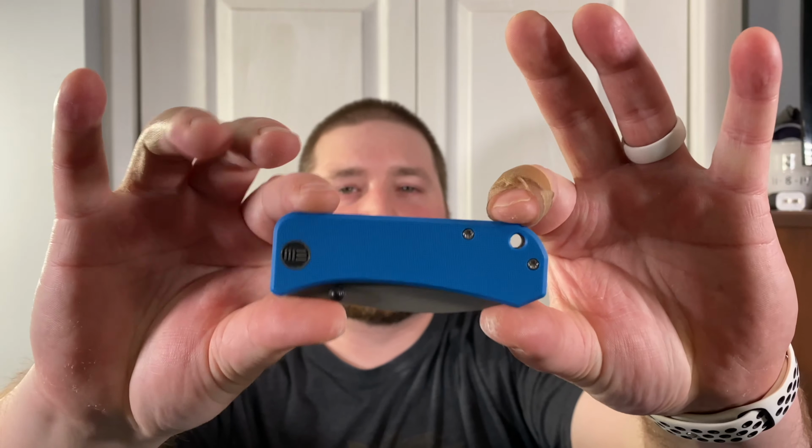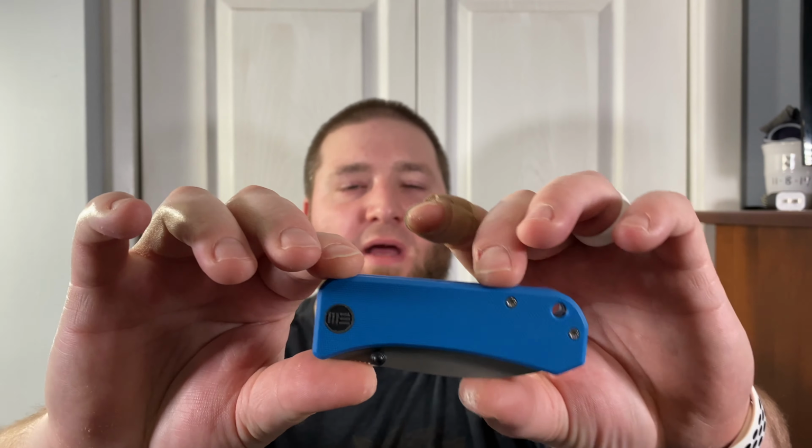And I wanted to start by kind of giving a background on my thoughts on this knife, right? When this first came out and I first saw the design, I initially kind of said, meh, it's kind of ugly. Kind of looks like a little chubby squid, right? It looks like a squid. I'm sorry, is that what that knife's called? The CRKT squid? I'm pretty sure it's called the squid. Correct me if I'm wrong. I never actually owned one, so I don't know, but it's the squid and the Pilar, right? Pilar is box. Squid is, I